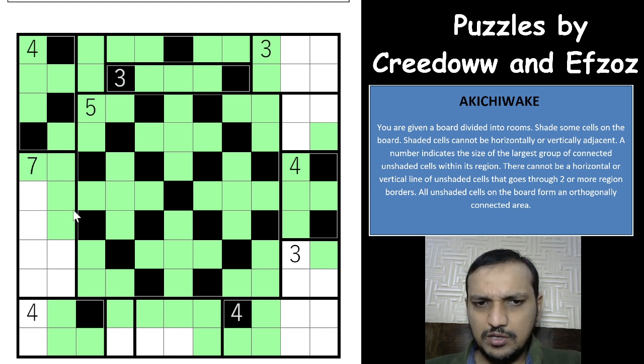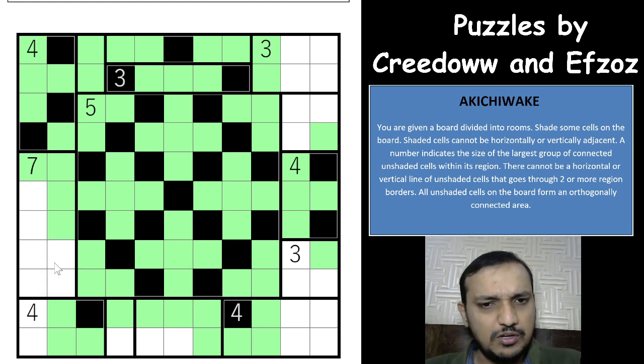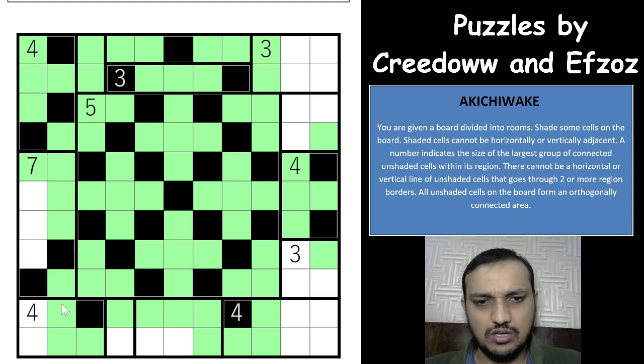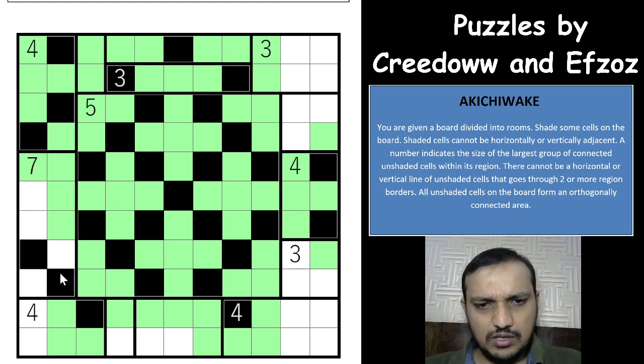Three cells would have to be unshaded in this group. Either 3 cells would have to be unshaded, or these would have to be the only possible. There are actually 2 possible ways for the 7 to work out. Either you have 3 shaded cells, or you'll have one unshaded cell stranded, so that you'll have 7 unshaded cells here. But in this case, if you do it this way or this way,